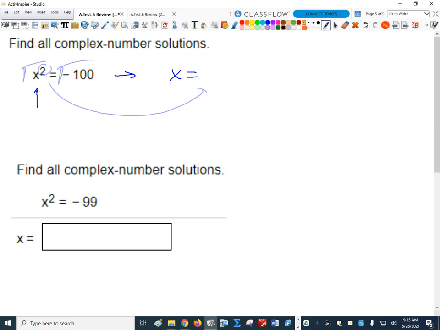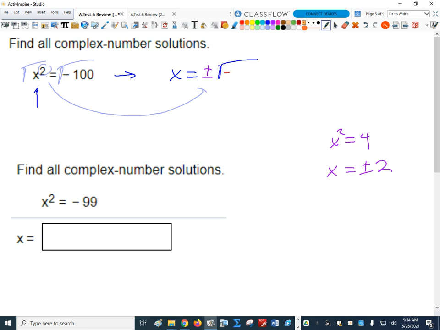Let's try a quick example problem. What if I have x squared equals 4? If I square root both sides, what do I get? Plus or minus, right? Because -2 or +2 squared are both equal to 4, right? Make sense? So I got to put my plus or minus,